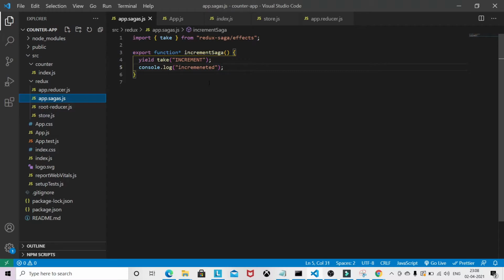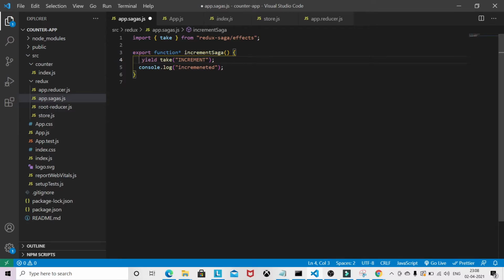What take does is wait for this increment action to happen, and when it does, we are able to get the actual payload from this action as well. So you can do something like increment payload.